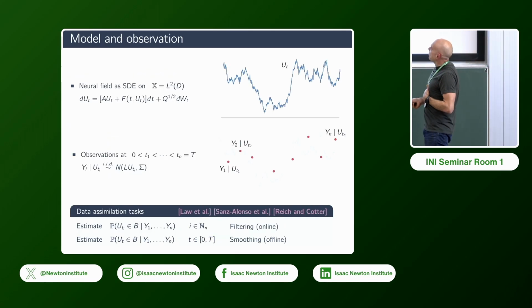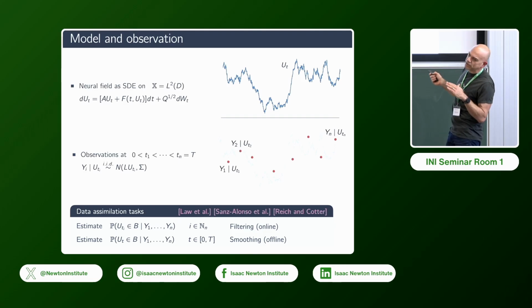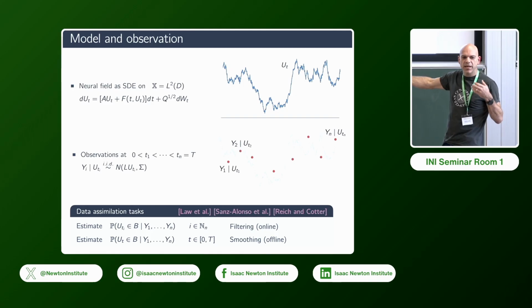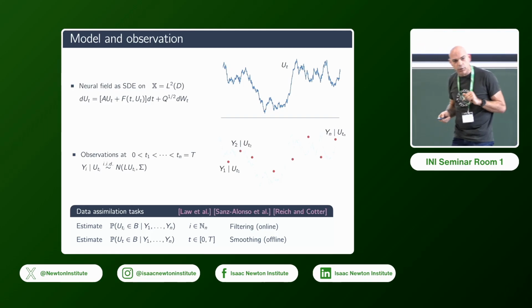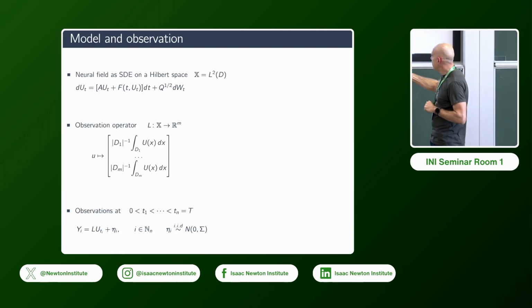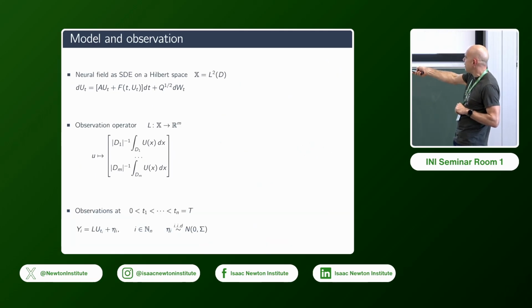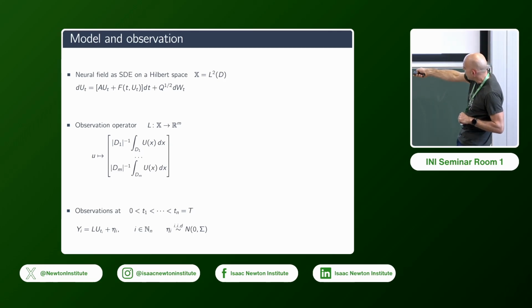So what's the right framework for that? And this may not be news if you've done data assimilation before, but I still want to discuss it there. So in here, you have a sample of the stochastic process that undergoes these SDEs, and that's one sample of it. Having observations, what I call Y, from a probabilistic viewpoint means having realizations of a random conditional variable. So when you establish that Y and U are related in this way, since U is a stochastic process, what you get out is Y conditioned on U.